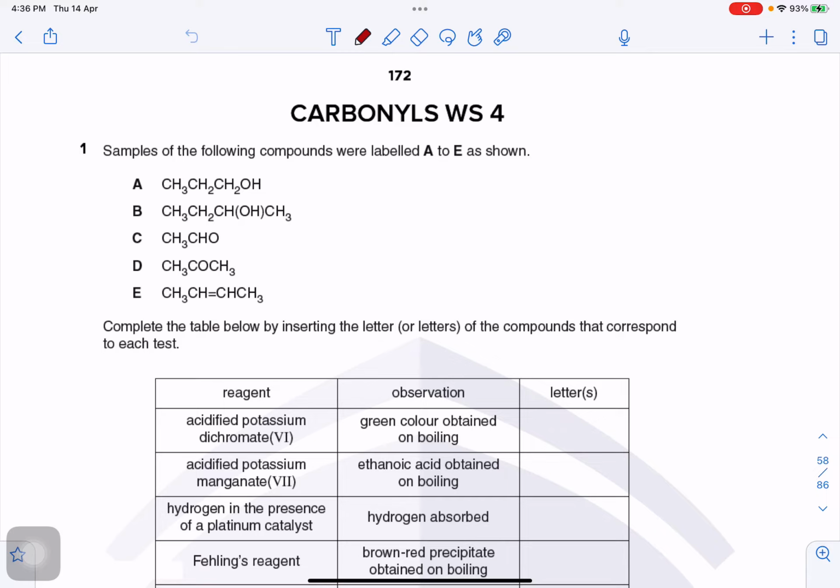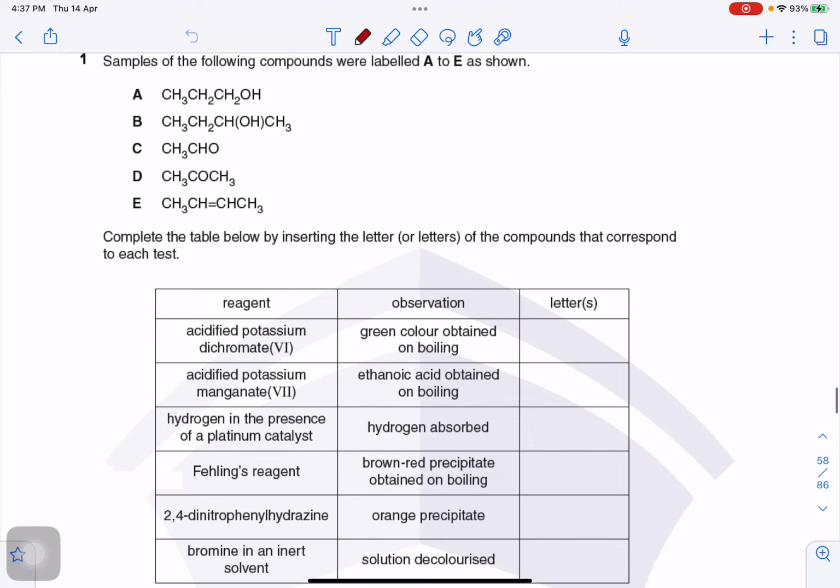And E is an alkene, which means it can be oxidized in cold temperature to make a diol, and in hot temperature to break the double bond and form, since this is a secondary carbon, an aldehyde, and then that aldehyde can also be further oxidized to make a carboxylic acid. And there will be two similar structures because this is a symmetric alkene. Alright, so having that in mind, let's get started.